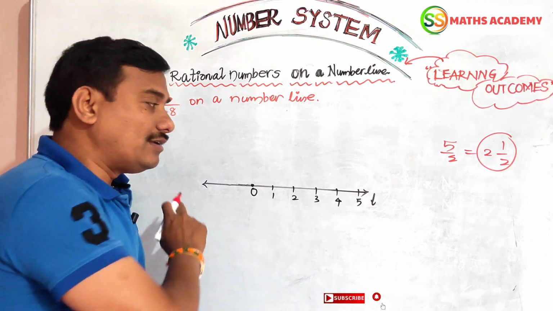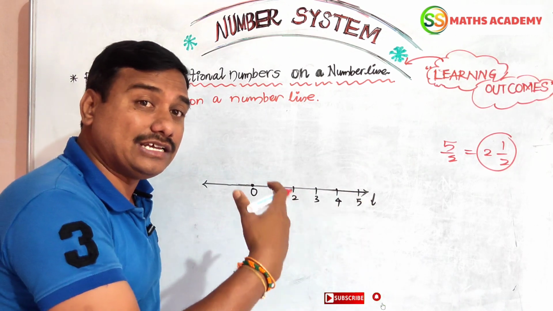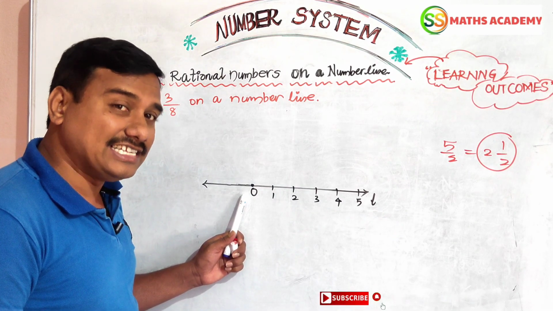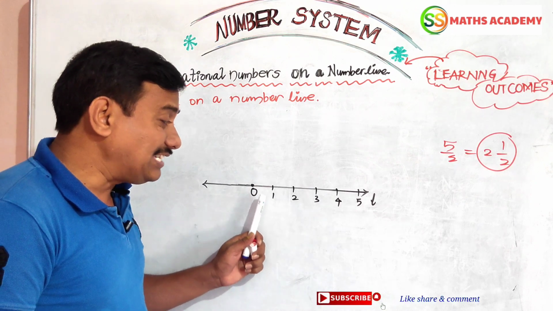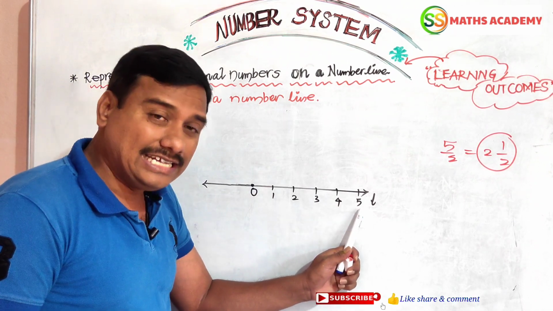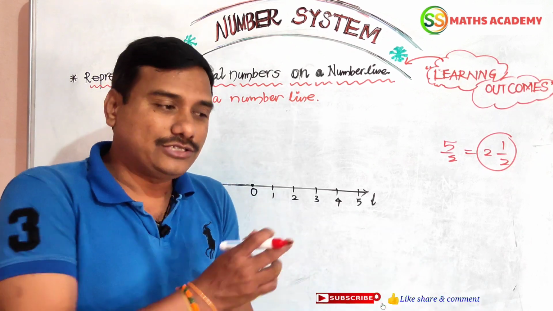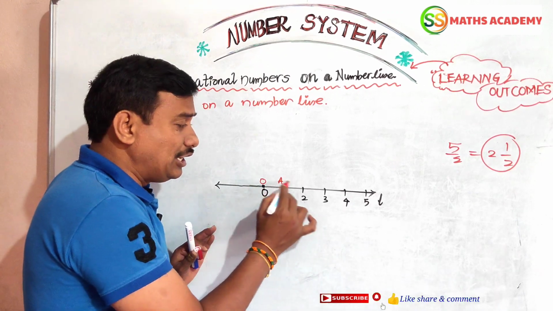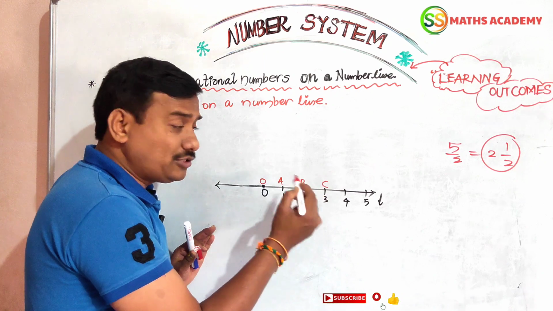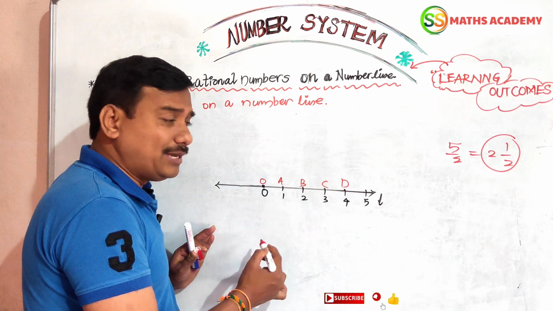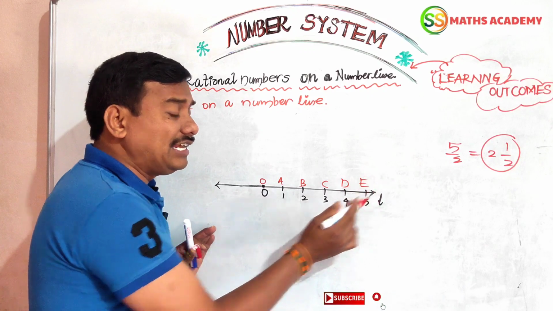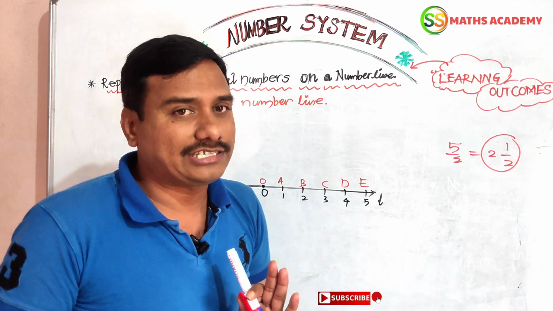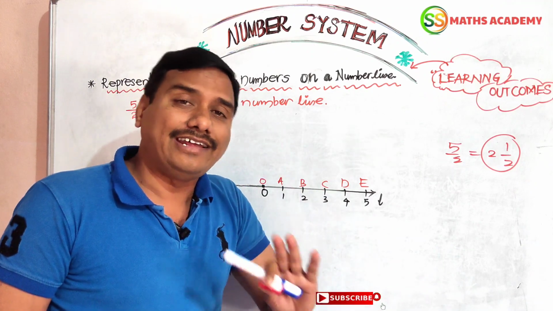That means you can draw a line which extends in both directions endlessly. Point O on the number line represents 0. Take fixed lengths using a scale. The fixed length is the unit length, meaning 1 centimeter. This is O. O to A, A to B, B to C, and C to D are all the same length. These all have equal lengths. We have to take them using a scale on the number line. This is the third step of the construction for representing a rational number on a number line.